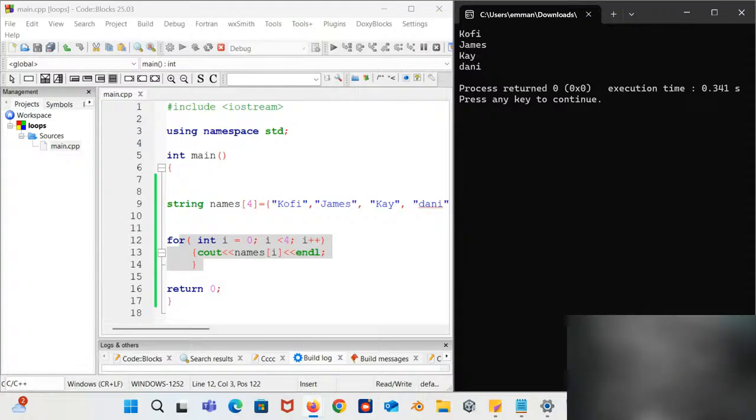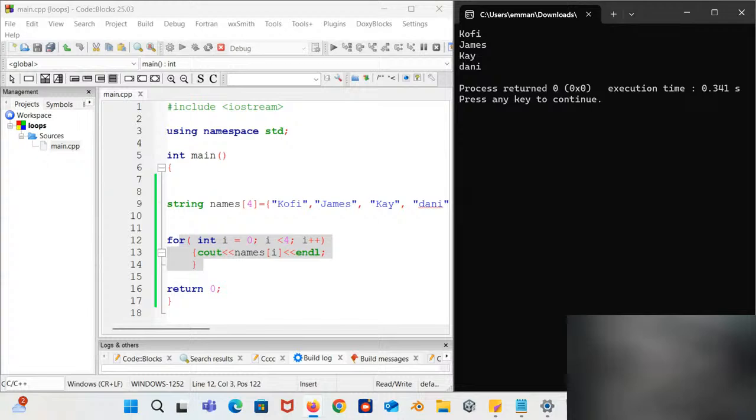So the loop that you choose to solve the problem is all on you. But in an exam setting, if no loop is indicated, you can use any loop that you think will work for you. But if it has been restricted, if the problem says to use this loop to solve it, then you have to go for that loop. But if no loop was given, it was a general question, and you feel like this is the best loop that will work well, you can go for that.